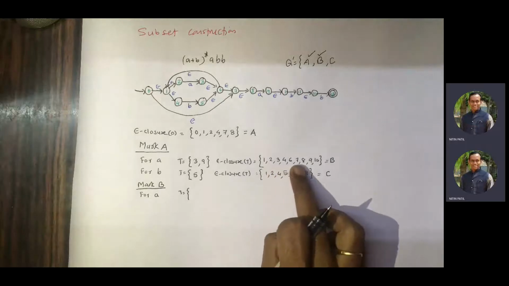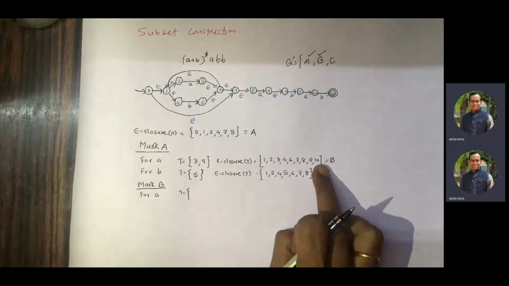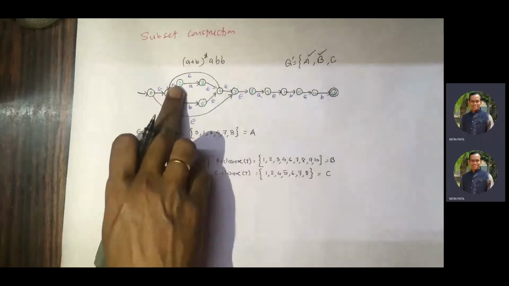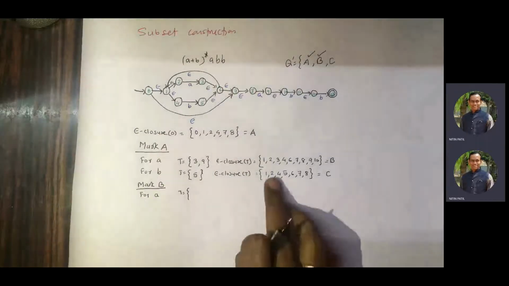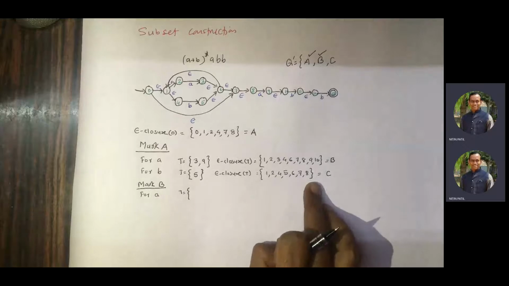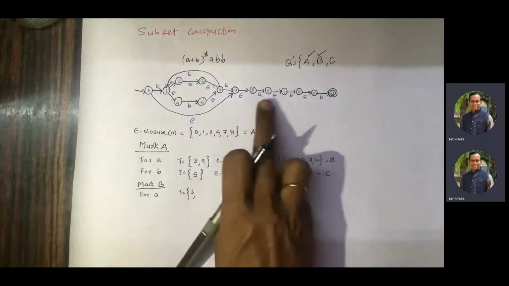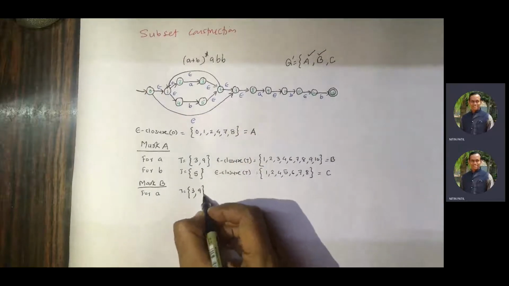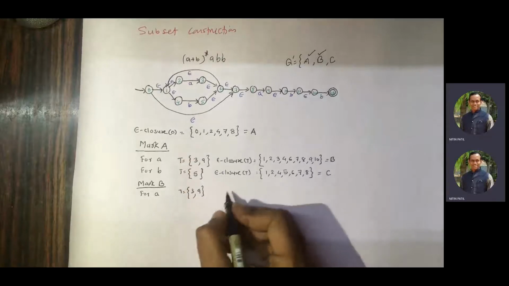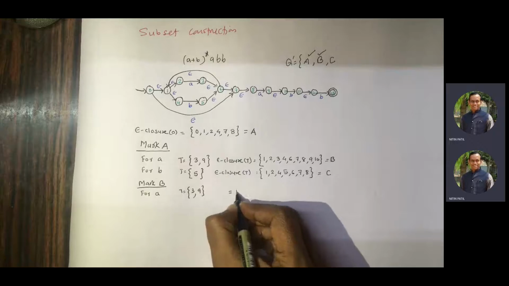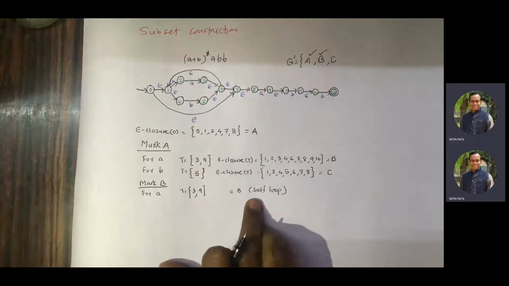1, 2, 3, 4, 6, 7, 8, 9, 10. If I give A input to B, we have A transitions from 2 and 8, because only two A's are there. Are 2 and 8 there? Yes. So from 2 you get 3, and from 8 we go to 9. Now you realize that we already computed this T. It was the same thing, so no need to compute this. You write here a self loop. I will let you know why I'm writing this.